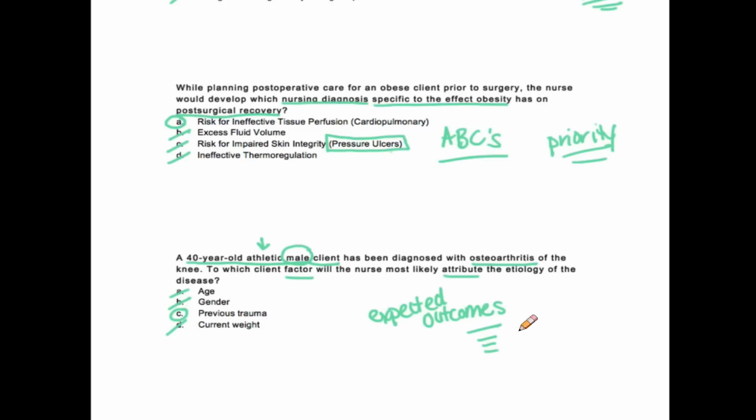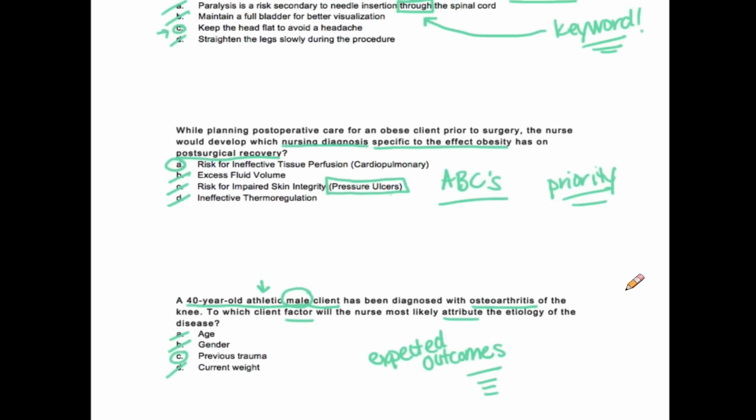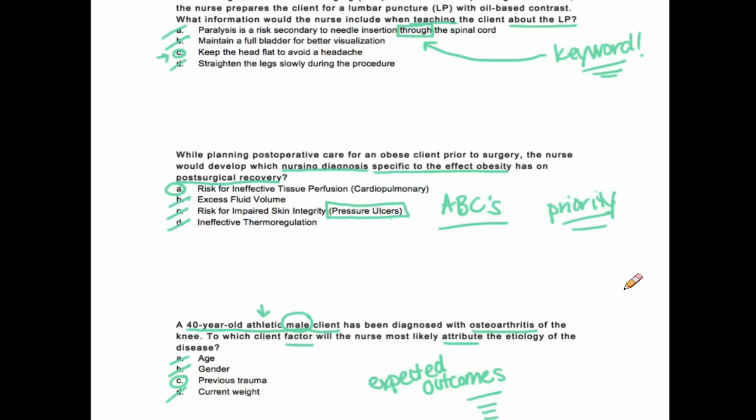And the keys to all of these, always use a process of elimination. Always get rid of the things that you know absolutely are not right. Think about priority. Always think about expected outcomes. And really make sure that you're focusing yourself on finding out what the question is asking you. A lot of questions are going to be filled with just words and distractors and information you don't need, but it's going to be your job to really sift through all of that and figure out what the question